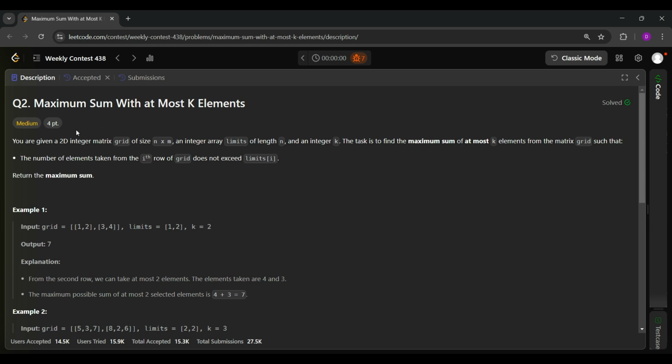So today we'll be moving ahead with weekly contest 438 question number 2, that is maximum sum with at most k elements. So it is saying that you are given a 2D integer matrix grid of size n cross n and an integer array limits of length n and an integer k. Task is to find the maximum sum of at most k elements from the matrix grid such that the number of elements taken from ith row of grid does not exceed limits of i, and we have to return the